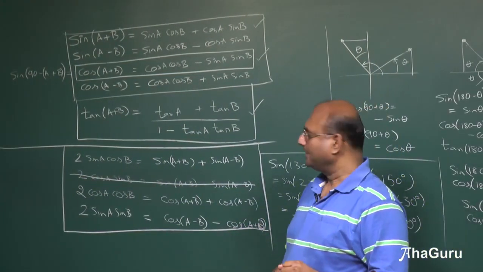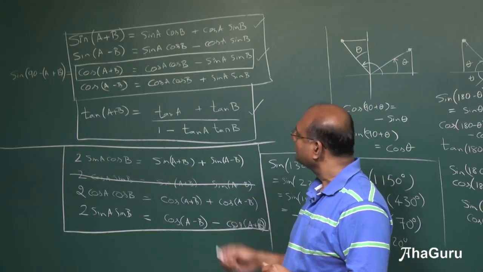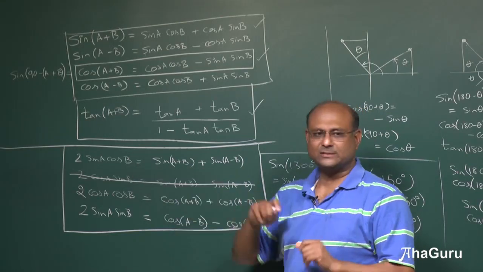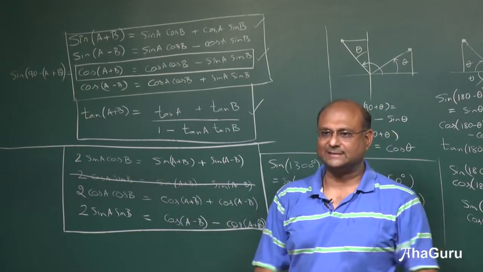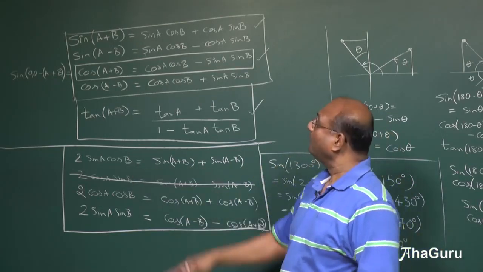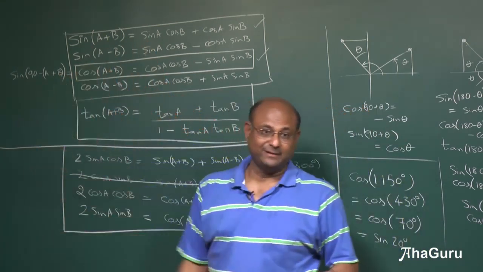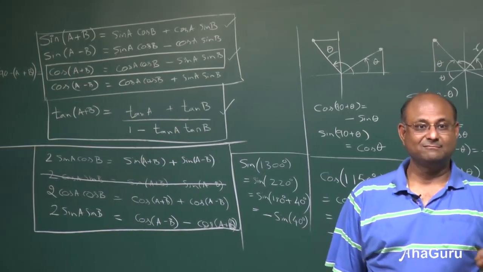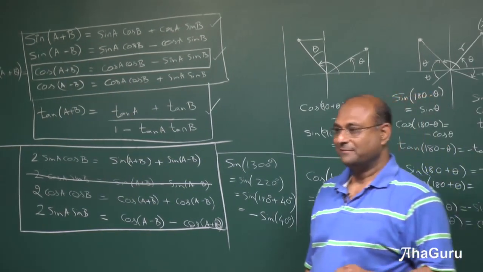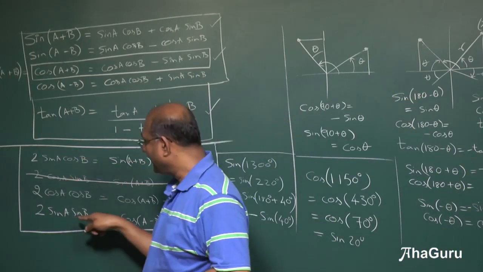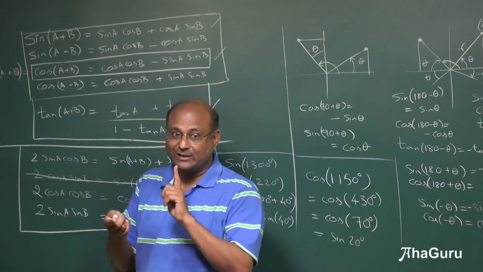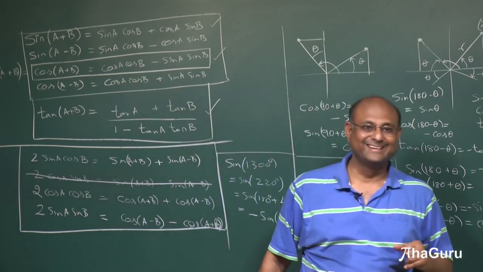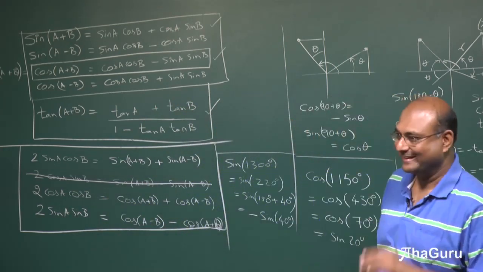Now for some reason people decided that, okay, this is all nice, what have I not done? I have got multiplication of sine and cos, I have got multiplication of sine and sine, I know how to convert them. I have got sine of A plus B. 2 things that we have not done, which is sine of A into B. We have not yet figured that out. We have done sine A into sine B. We have done cos A into cos B. But we have not done sine of A into B. Luckily for you, nobody's figured out a good formula for it. So you don't have to remember it.